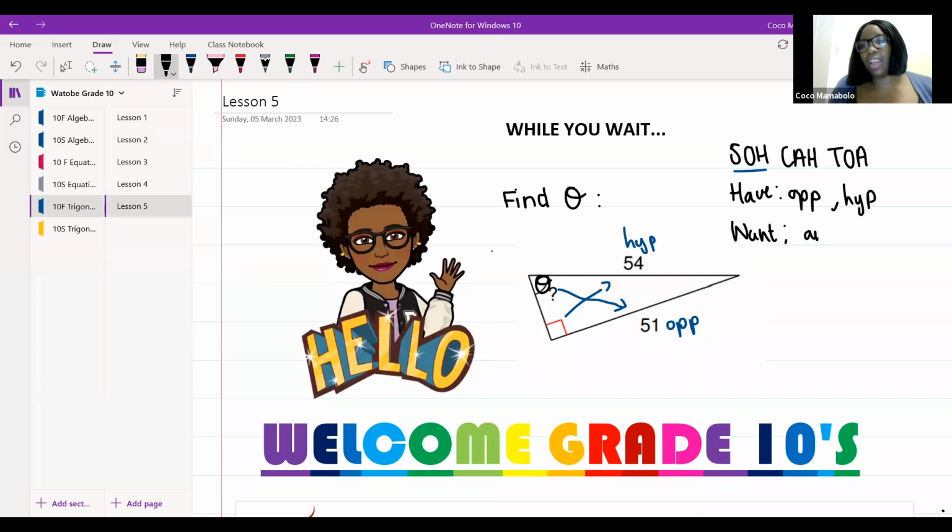And every time I see that I need an angle, I always need to shift angle. So click shift, so that we don't forget that we are looking for the angle. So just like Funzo said, we have to use sine, and we know that sine of theta is equal to the opposite over the